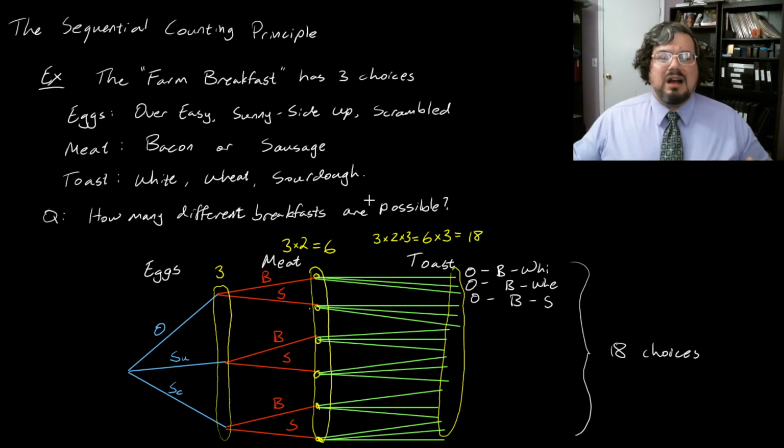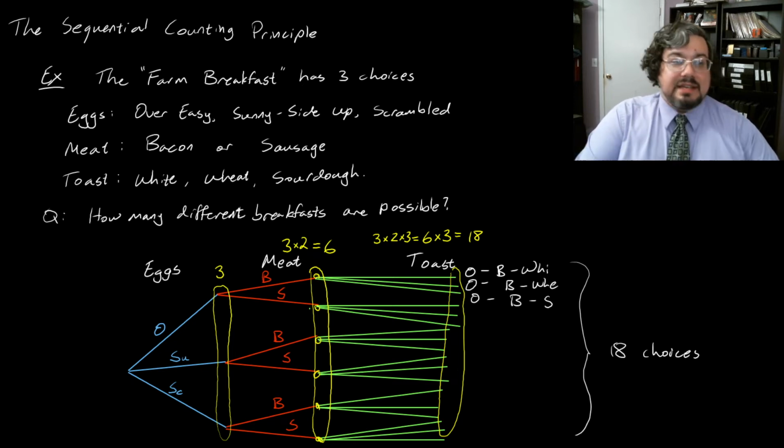When we make a number of choices in sequence, one after another, or if we can arrange our problem in such a way that it makes sense to consider a sequence of choices, then we can count the number of total ways of making all those choices by multiplying together the number of options at each stage. And this is indeed the sequential counting principle. So let's go ahead and state that. The sequential counting principle says